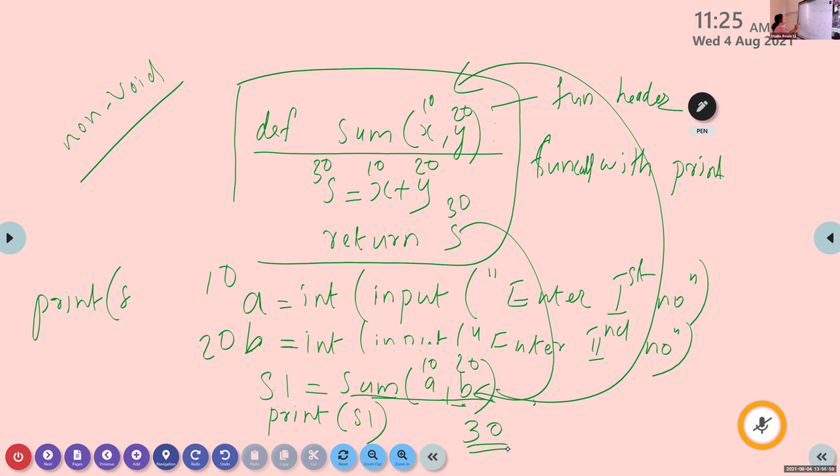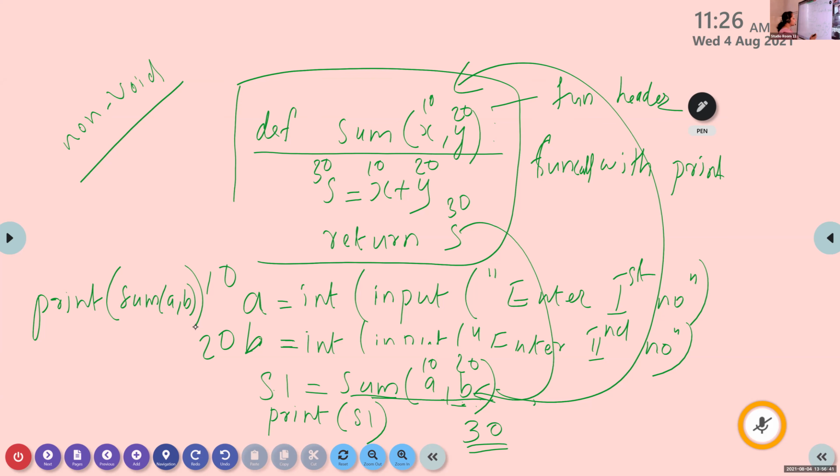Okay. First, we can use function call statement along with print statement. That is the first option. Second option, I am assigning the result to another variable using S1 is equal to sum of A comma B. Okay. After that, print the result using S1. So this is the second option. We can use function call statement or return statement along with assignment operator. The single equal to is known as assignment operator. So we can assign some value after executing this function call statement. So that is the second option.